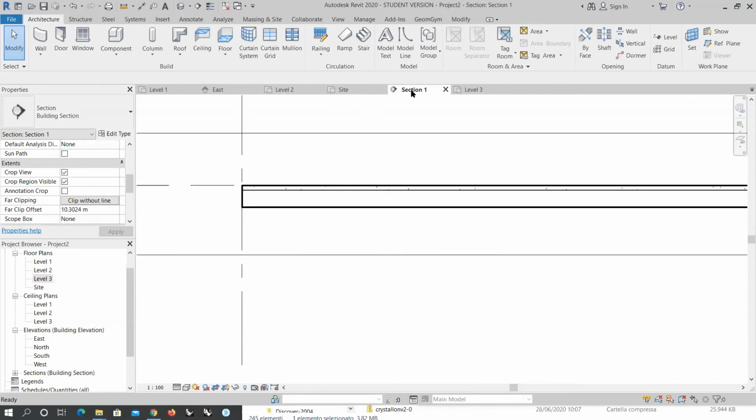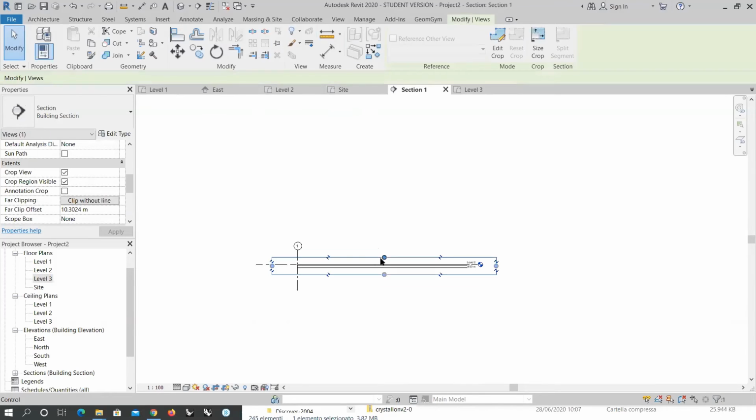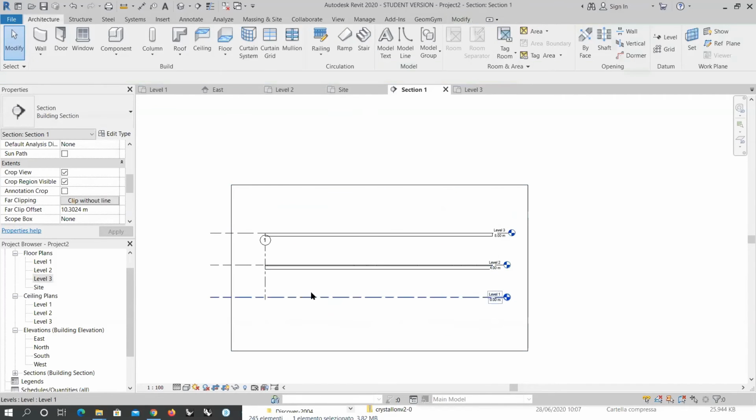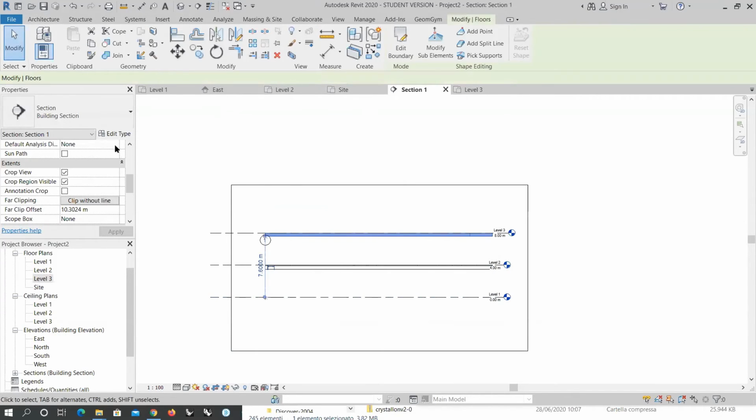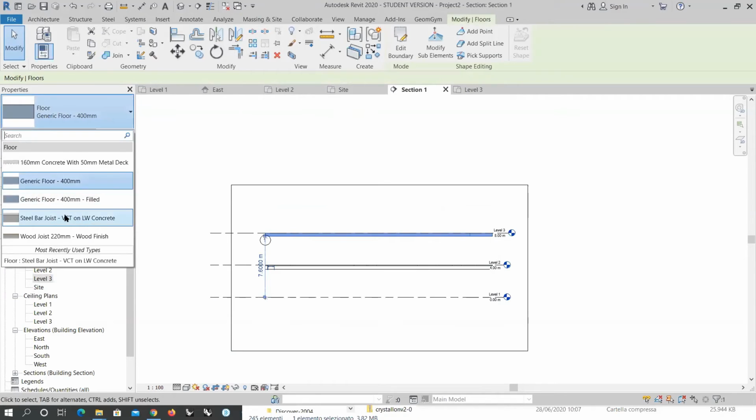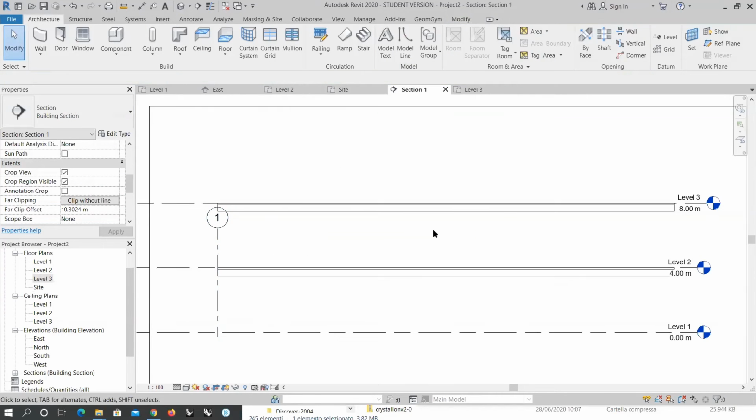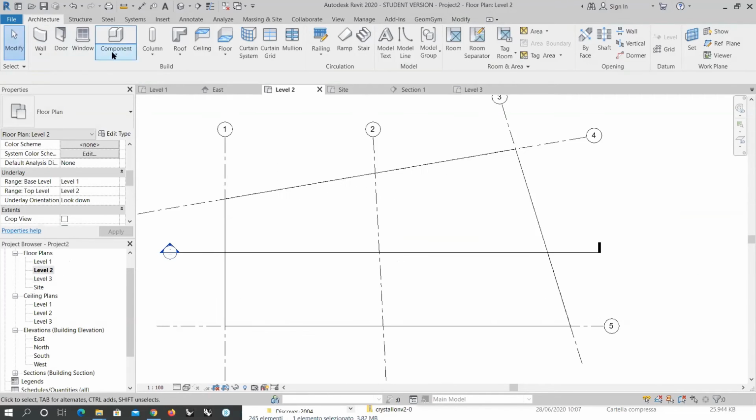Let's move back to the cross section. Let's expand the cross section visibility. So we have now from ground floor up to the second floor, and this is also going to be the same steel bar joist floor type. So once we are here, what I will do is create a stair between level 2 and level 3. Okay, so let me go into level 2 floor plan. Let's go and grab this